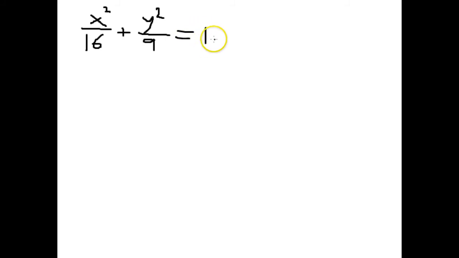Okay, for this problem, this equation x squared over 16 plus y squared over 9 equals 1, you will notice that this is the equation of an ellipse. And conveniently, you could see, because there's y squared and x squared, it's not x minus 1 squared or y plus 2 squared, this ellipse is centered at the origin. That's a great thing for us,